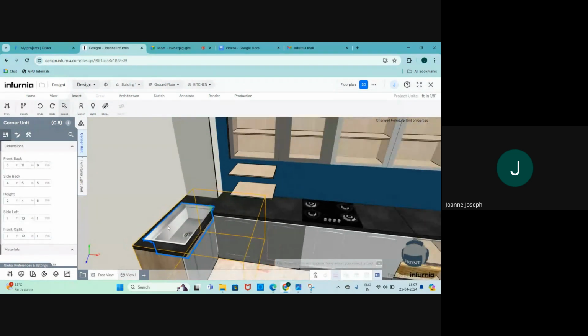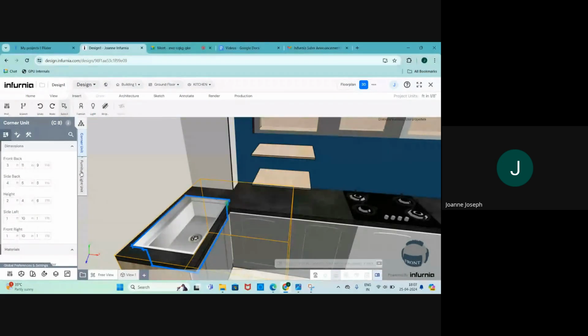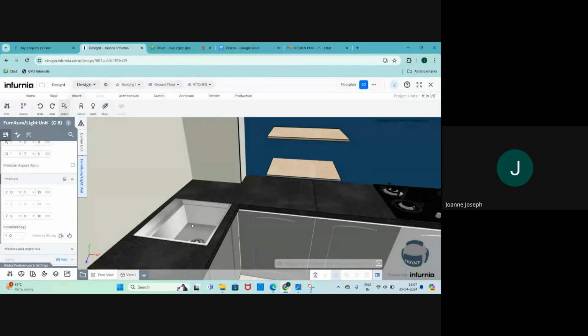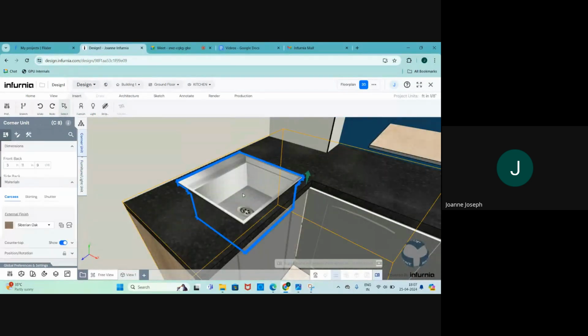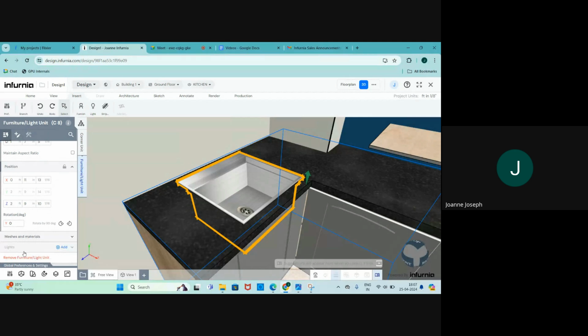And you can change the sink dimensions as well. So always click on furniture slash light unit after clicking directly on the sink. And then you can change the width as well. So width you can change to 1 feet 6 inches. So now you're going to get your sink like this. And if you want to delete your sink, select furniture slash light unit and select remove furniture slash light unit